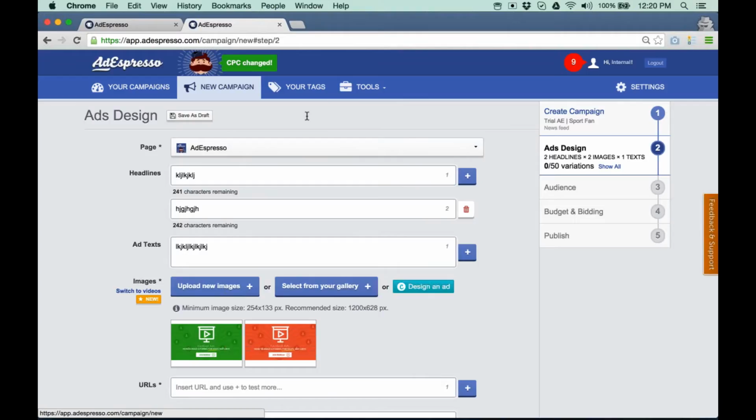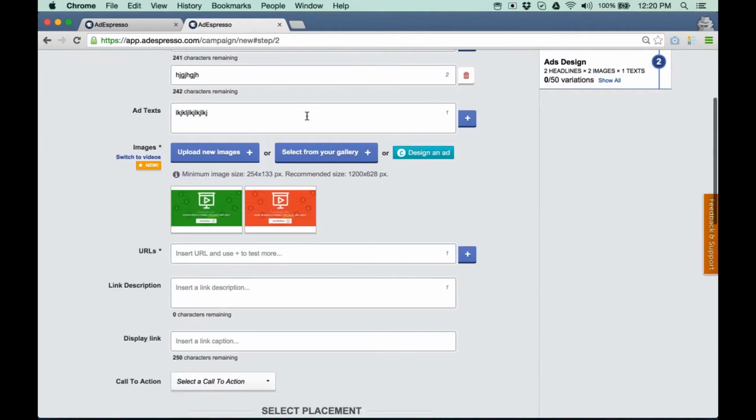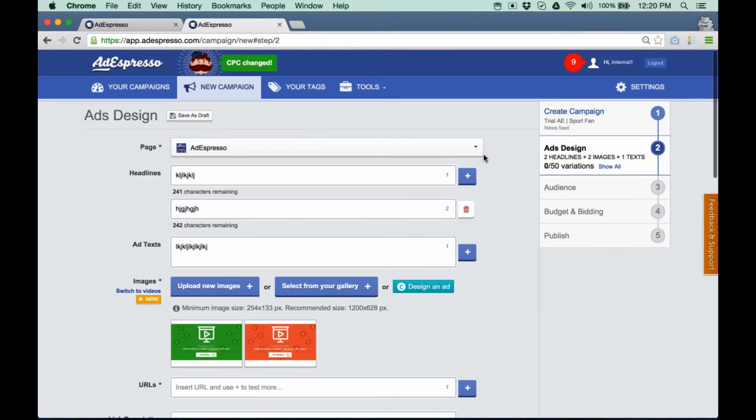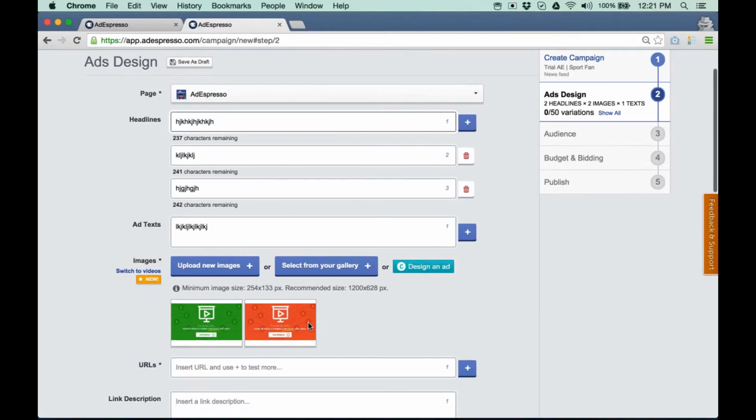Right. So this is where you create a campaign. I won't lose much time on this, but basically instead of creating every ad one by one, you just click plus and you insert another title, or you pick a couple of pictures and we are going to create all the combinations. One thing that we have to improve with user experience and that a lot of users don't see